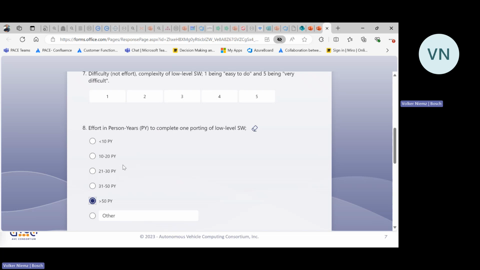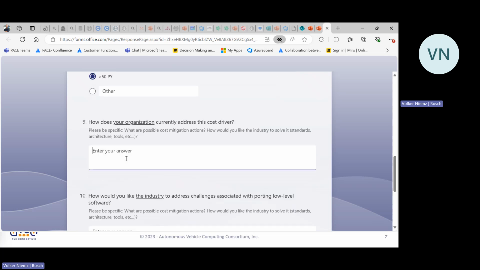So then the next question, number 9: how does your organization currently address this cost driver? So it sounds like you just put a lot of effort in. Already put in a lot of effort in architecture, and I cannot really expose this. I'm giving it to you guys. If I'm kicked out after this, then I'm free to do whatever I want. But